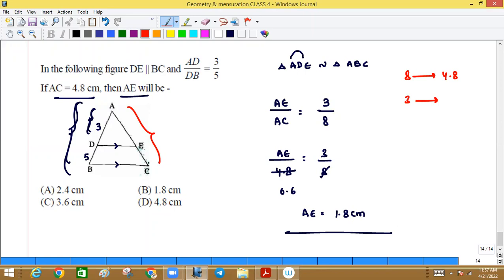Okay, they have given that the sides are in the ratio 3 by 5, but it is not AD is to AB. It is AD is to DB. I told you in the exam, figures are not drawn to scale. Why am I saying that figures are not drawn to scale and how is it relevant to this? Look at the figure. AD is 3 parts, but DB is actually 5 parts. But by looking at the figure, which is greater, AD or DB, do you think? AD only. But in reality, according to the given question, AD is only 3 parts, but DB is how